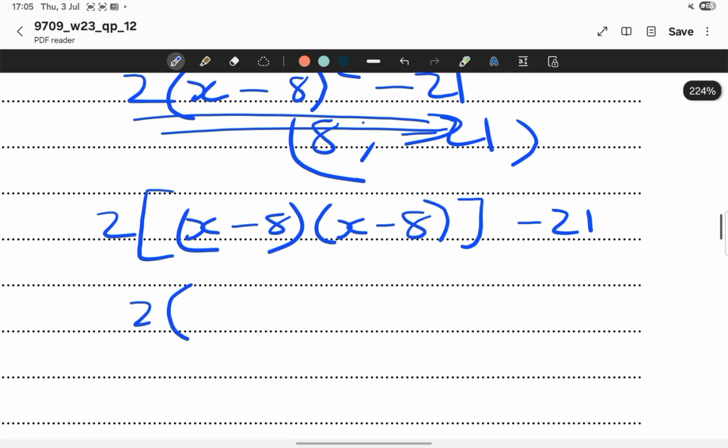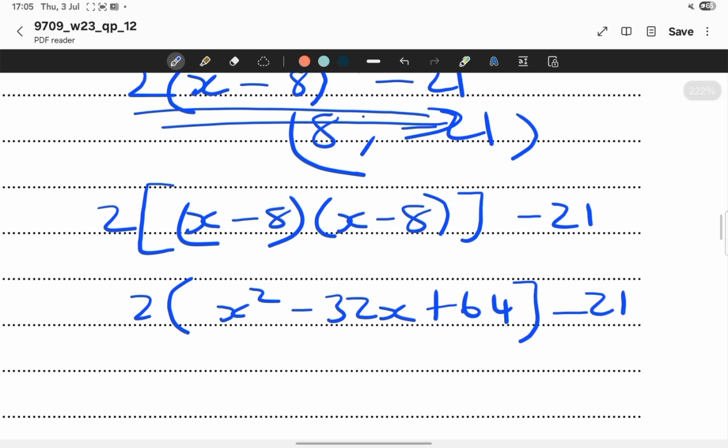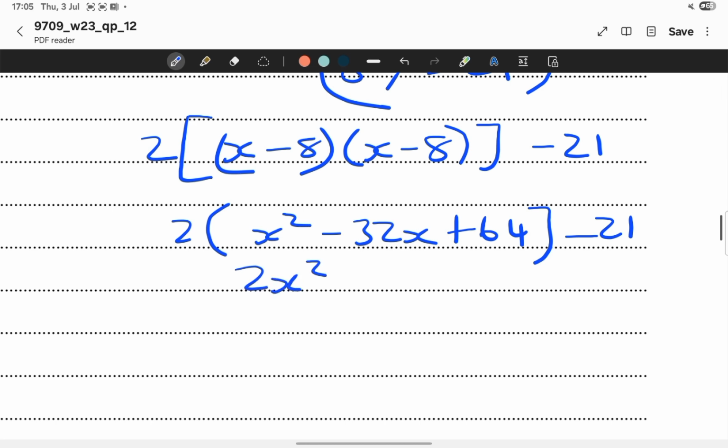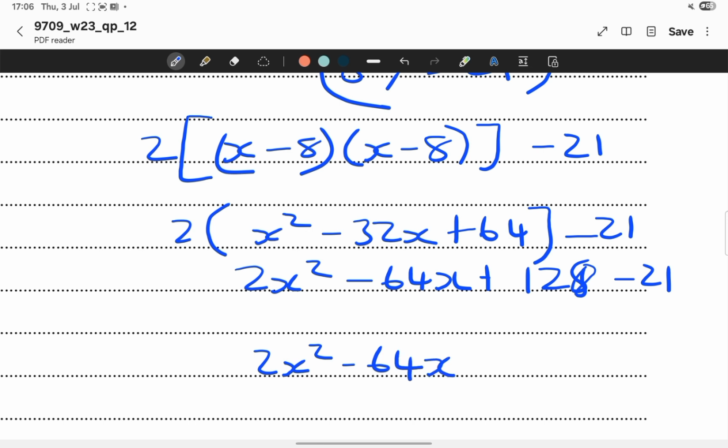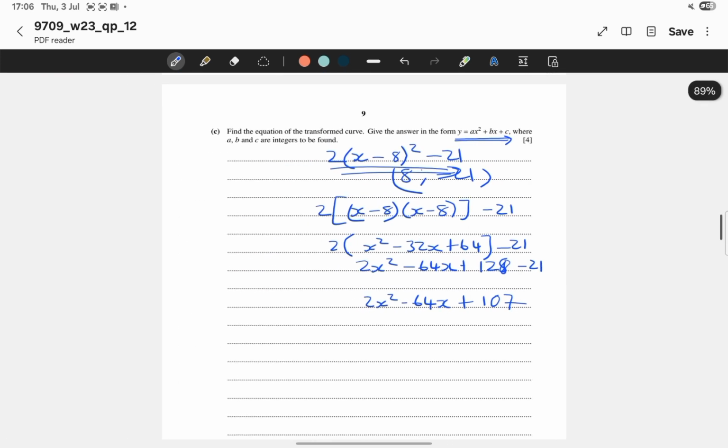So that's 2x squared minus 32x plus 64 minus 21. That's 2x squared minus 64x plus 2 times 64, which is 128, minus 21, resulting in 2x squared minus 64x plus 107, right? That's the